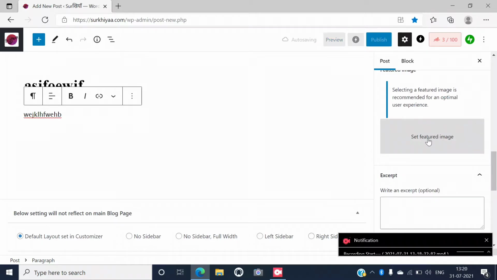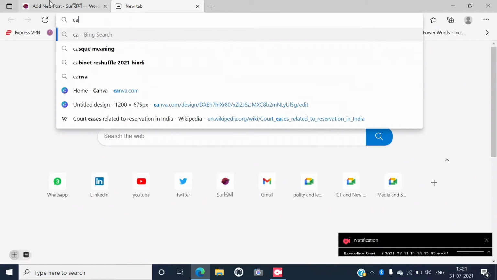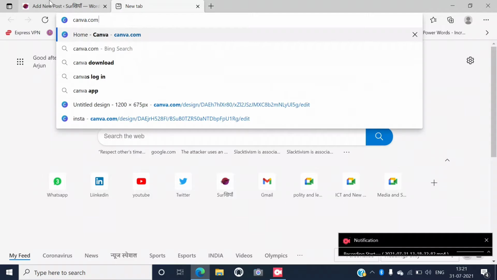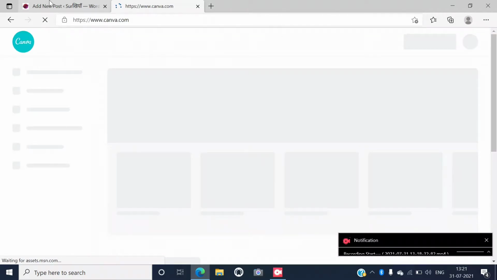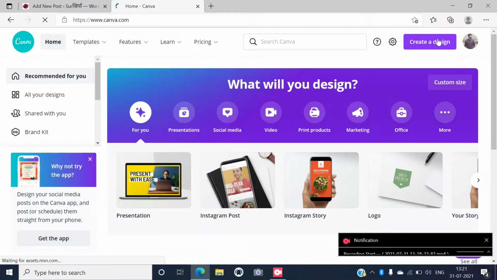Okay, so what happens with the feature image is that it needs to be of 1200 into 675 dimension. For keeping our feature image at 1200 by 675 dimension, we have to open canva.com. Over Canva, we don't need any premium to make our photo of 1200 by 675 dimension.